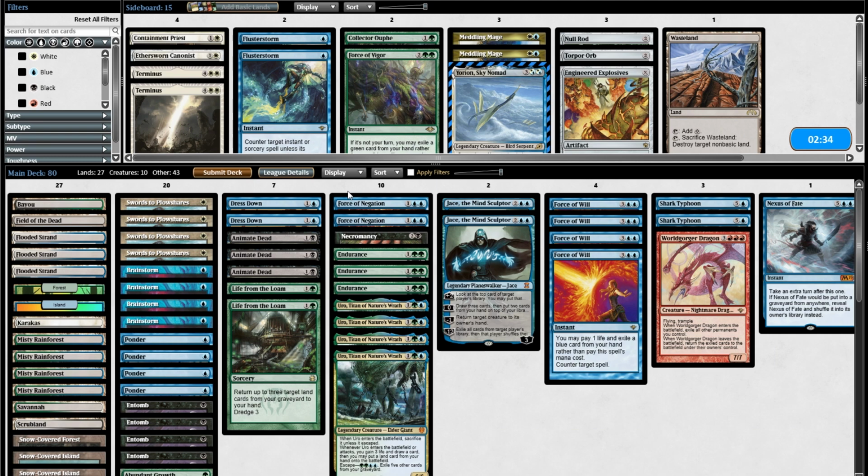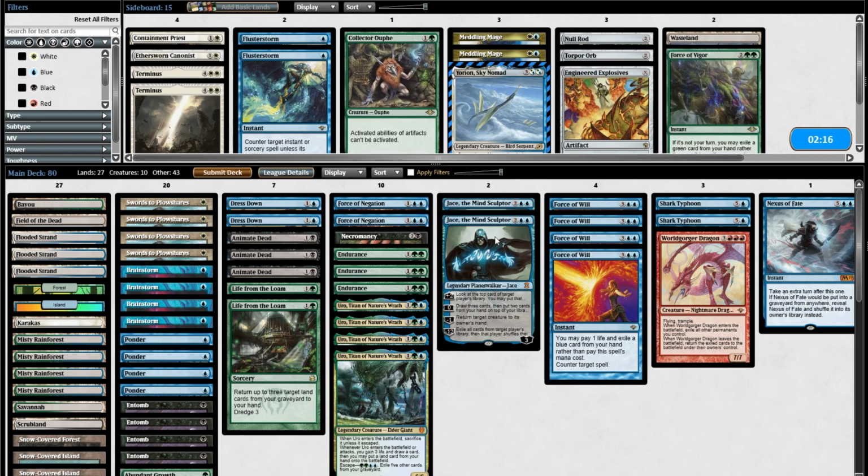We saw Golos and lands, basically. We don't know if they're a build with artifacts or not. Torpor Orb turns off my combo, which I'm not a huge fan of. It also turns off Golos, which is whatever. Force of Vigor is probably a safe thing to bring in. It at least hits Golos, even if they don't have other...